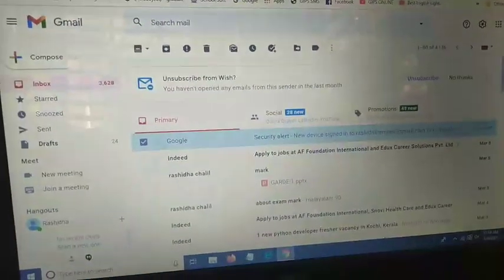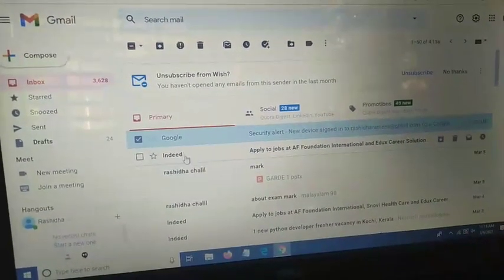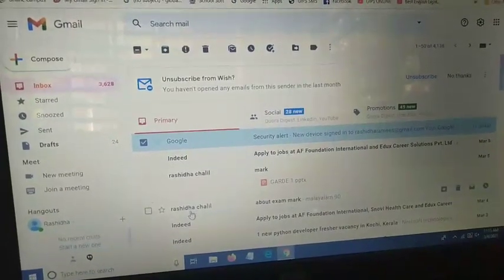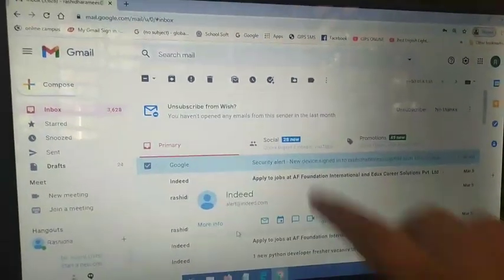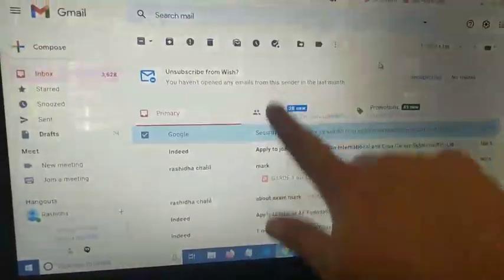The first sender is Google, the second one Indeed, then this one, this one, and then Indeed. These are my different mails from different senders.